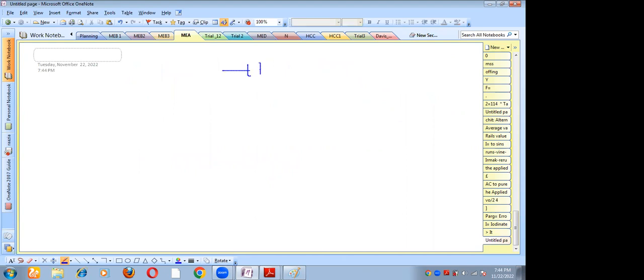We can also see it like that. Capacitance is increasing. When capacitance increases,